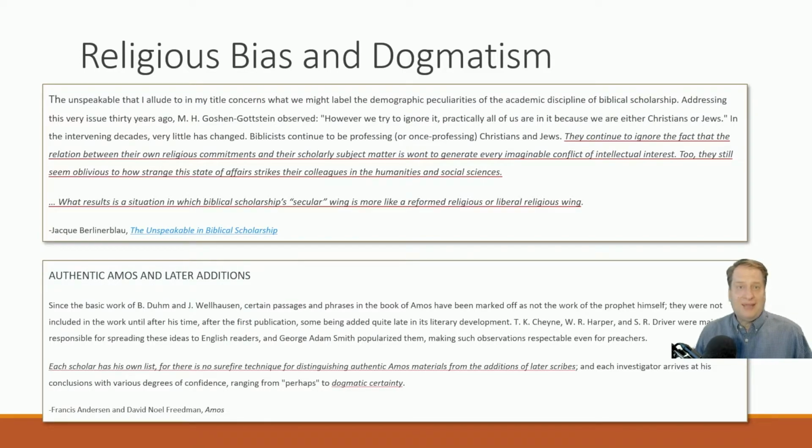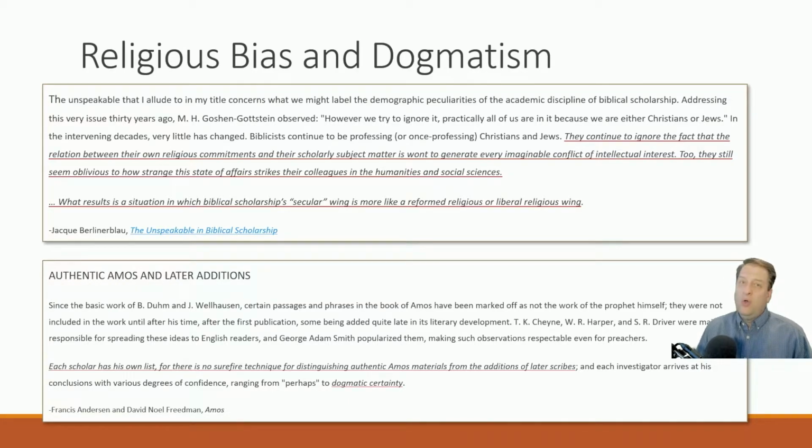So let's unpack this a little bit. Each scholar has his own list, for there is no surefire technique for distinguishing authentic Amos materials. Okay? If each scholar has his own list, that means there's a very subjective process at work. And yet, they say that these scholars sometimes speak with dogmatic certainty. Why would a scholar speak with dogmatic certainty about a very subjective process that reflects the biases of each individual